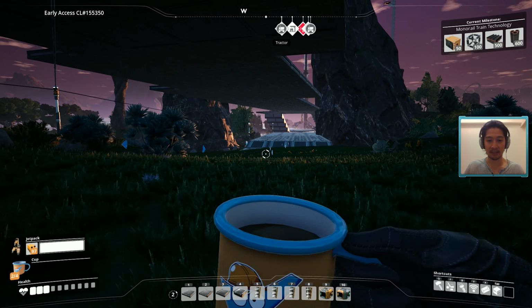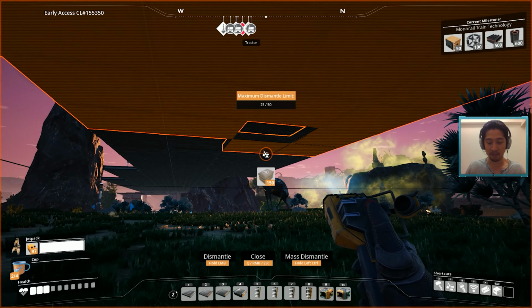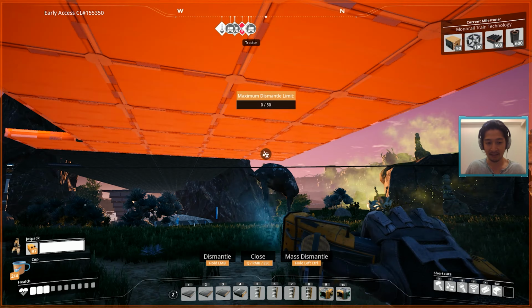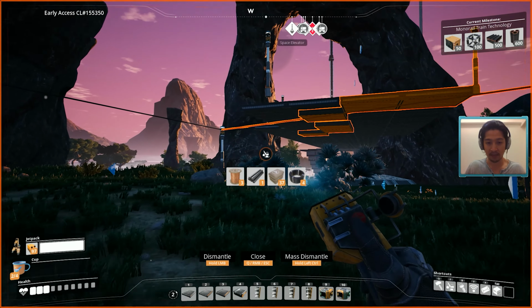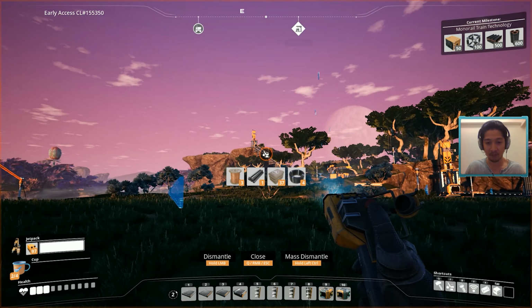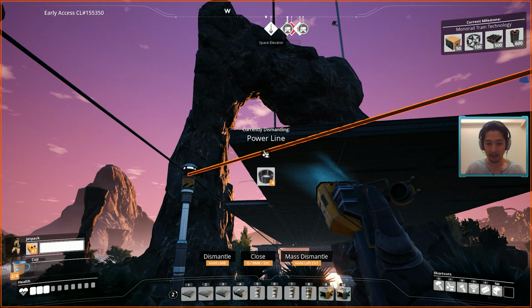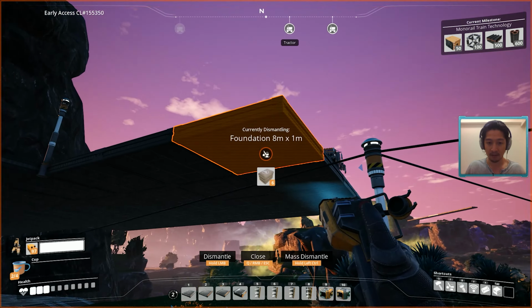So first things first is we're gonna demo this big ass bridge. I love this bulk dismantling tool. God bless. Could you imagine doing all that by hand? And now we have a bunch of floating poles. Not worried about things being disconnected since we're probably...